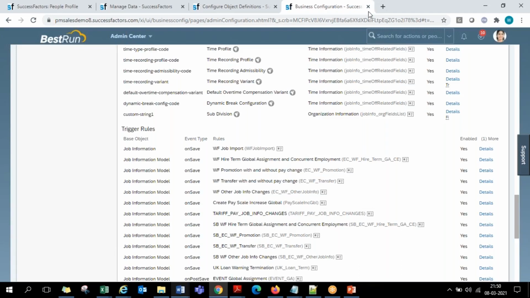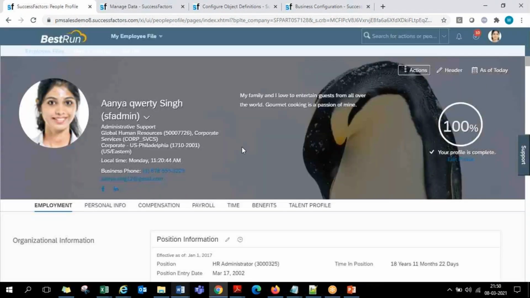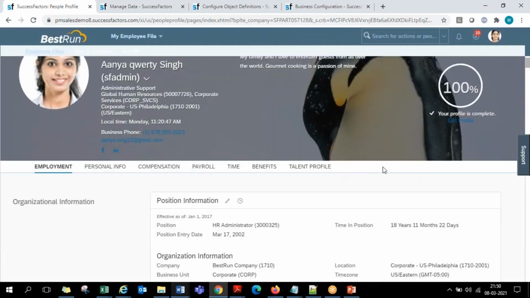Next we work on any additional new portlets to be brought up. We have worked on the standard portlets coming from the succession data model. Any new custom portlets may also be in the requirement. That is, apart from all the various portlets present on the people profile, if the customer is still not happy, he needs one or two additional portlets in which he wants to store some customer specific information.